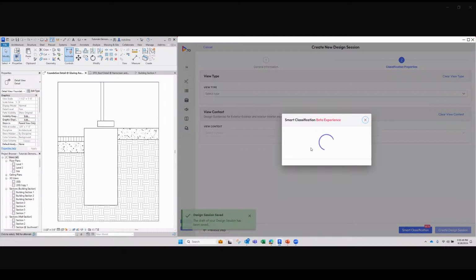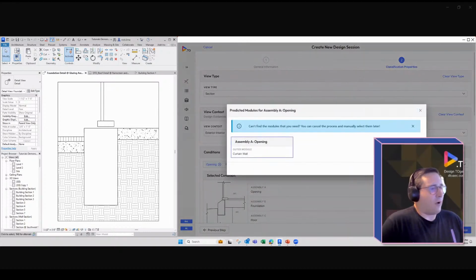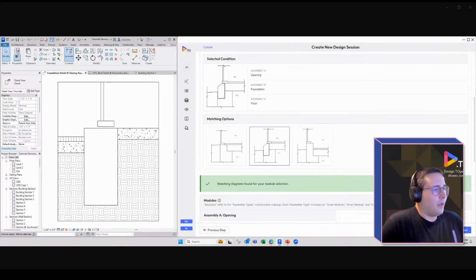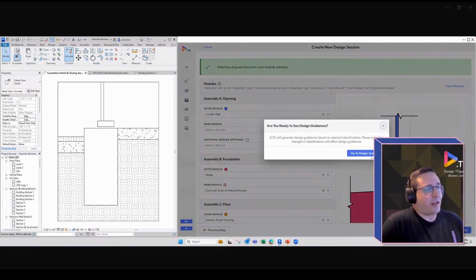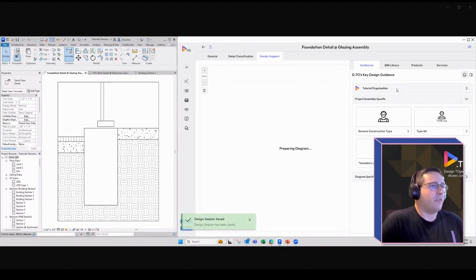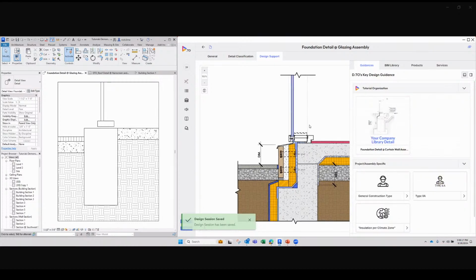And knowing very little about this detail, we'll be able to get that condition, those modules, the curtain wall. This is grade concrete and generic finished flooring, concrete on slab. Yeah, that's what we want. And then creating that design session and instantaneously receiving that company library detail that you uploaded, so that you have